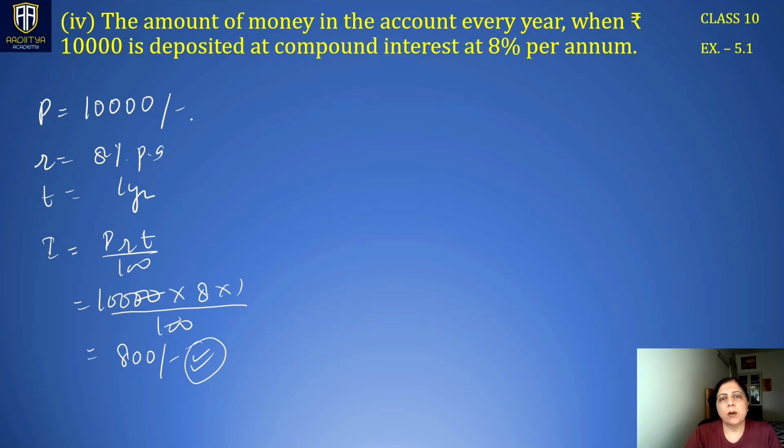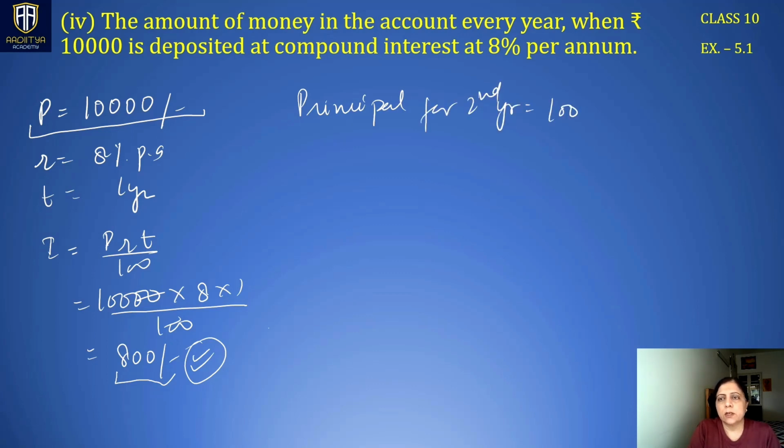But if it is compound interest, it is calculated as follows. Since you deposited 10,000 with the bank, if it stays for 1 year, then after the end of 1 year, this 800 rupees will be added to your existing account. So the principal for the second year becomes the amount of the first year. That means 10,000 plus 800. So it is